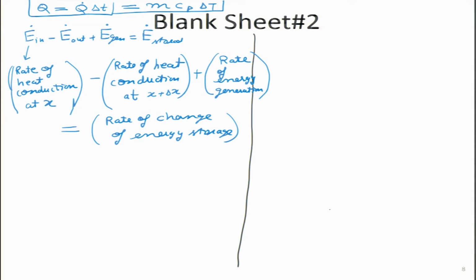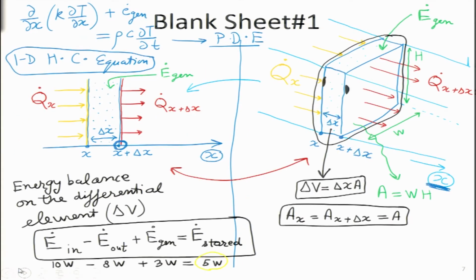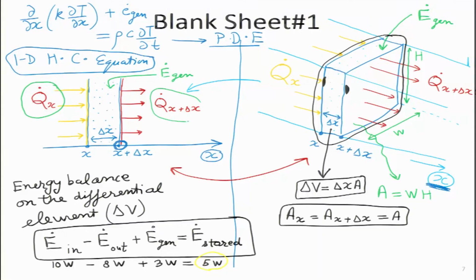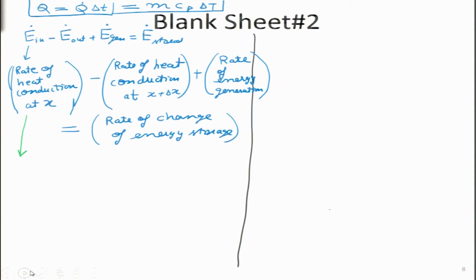Now, let us try and see if we can write all these four brackets in terms of some variables. So, the first bracket actually becomes what is the rate of conduction at x. Let us go back to the previous slide. If I ask this question to the students, then I think the immediate answer will be that at x location the rate of heat conduction is q dot x. At x plus delta x location the rate of heat conduction is simply q dot x plus delta x. So, these 2 points we have already figured out. So, the first term becomes simply q dot x, second term becomes q dot x plus delta x. See how fast these things are going when we have a full understanding of what we are trying to do.